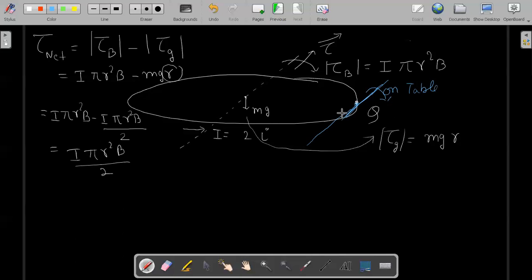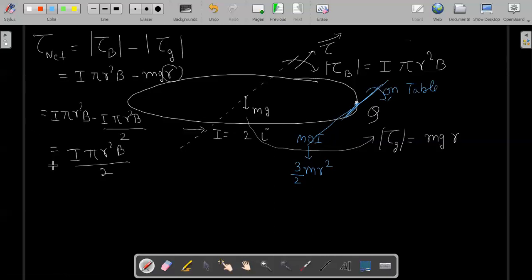And this axis which passes through point Q is actually the tangent of this loop. And relative to this axis, the moment of inertia for any uniform ring, the moment of inertia corresponding to this tangent, can be obtained by the parallel axis theorem, and you can prove that it is 3 over 2 mr square. That is the moment of inertia of this ring about a tangent which is in the plane of that ring.